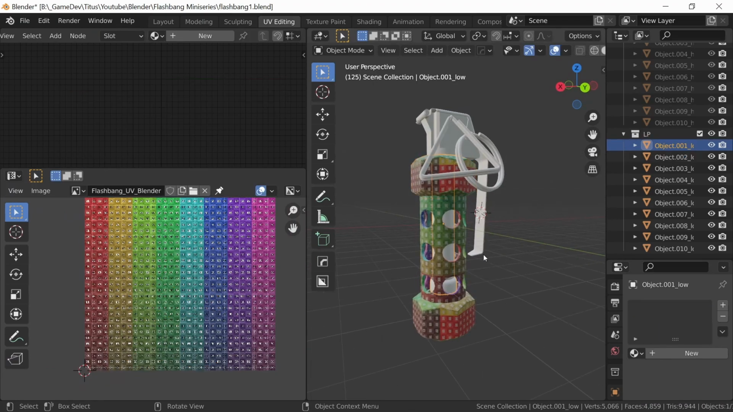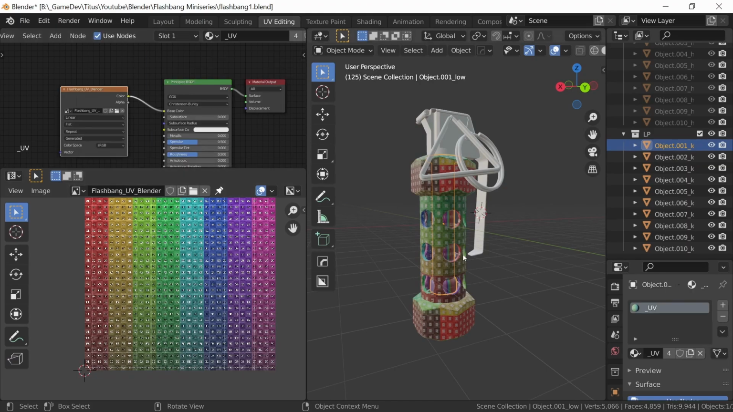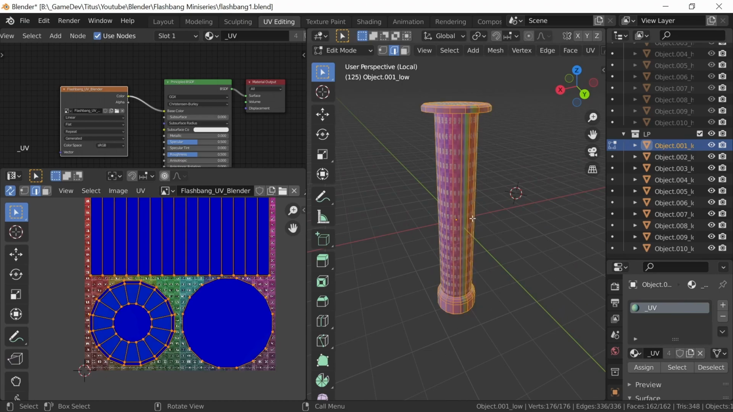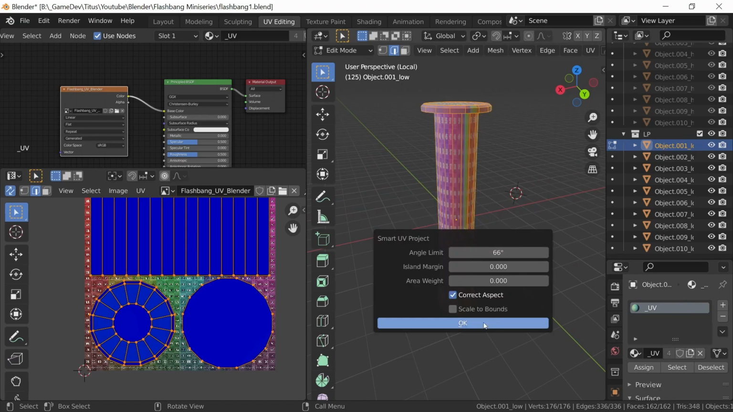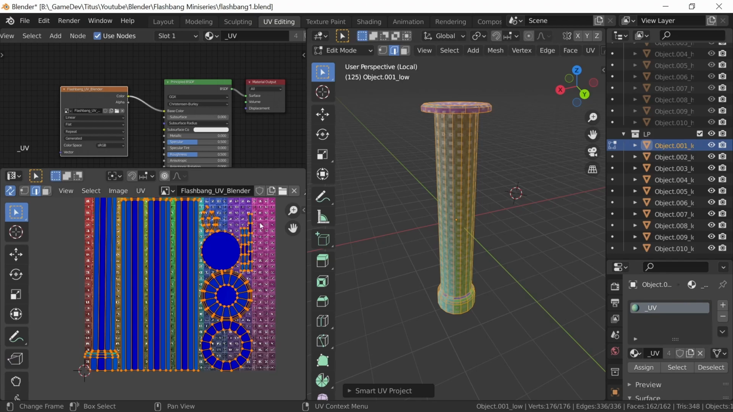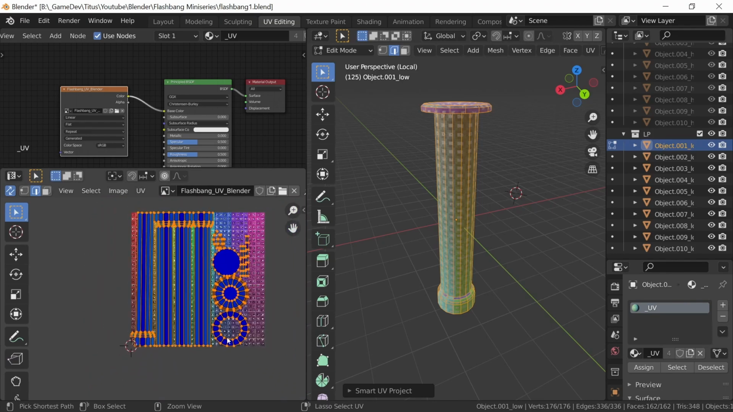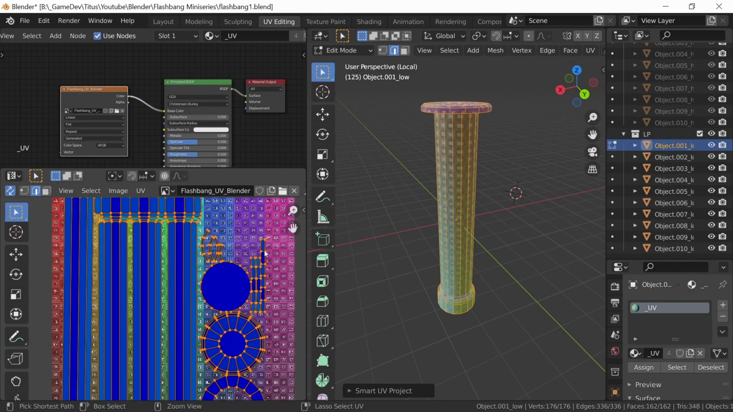Let's do that center column piece, the fuse charge. We will select our UV map, slash, tab in edit mode. If we select everything and try the smart UV project, see how it does. That does pretty good. You got a little bit of stretching there. Actually, got a lot of stretching there. You got some weird